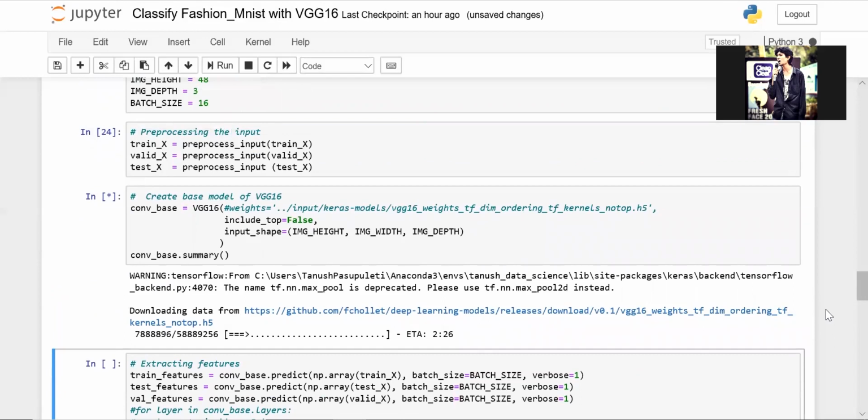So what is special about VGG16 is that this model has already been trained before on some other data set. And when you train a model, the weights are adjusted so that you get the most optimized result with the least loss and the minimum cost function value. Same thing. We are taking the weights of some other model which is already built, and this model is VGG16 in this case.